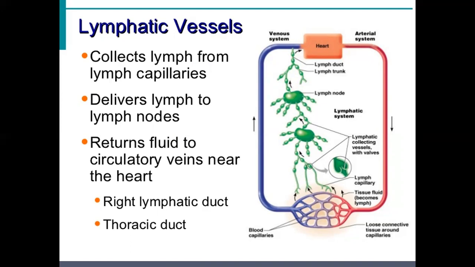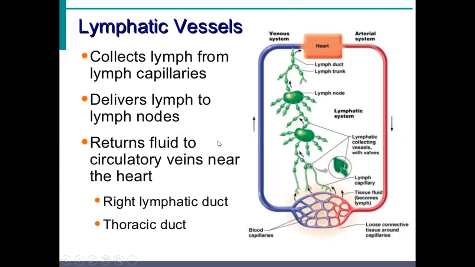Functions of lymphatics are drainage of lymph fluid, absorption and transport of fat from the small intestine, and they are a part of the immune defense mechanism of the body. So the lymphatic vessels collect lymph from the lymph capillaries. So this is the arteriolar end, capillary network, and the venular end. Tissue fluid is formed here and is going to enter into the lymph capillaries. As it passes towards the lymph vessels, it is going to pass through some lymph nodes, and then finally it is going to drain into the heart.